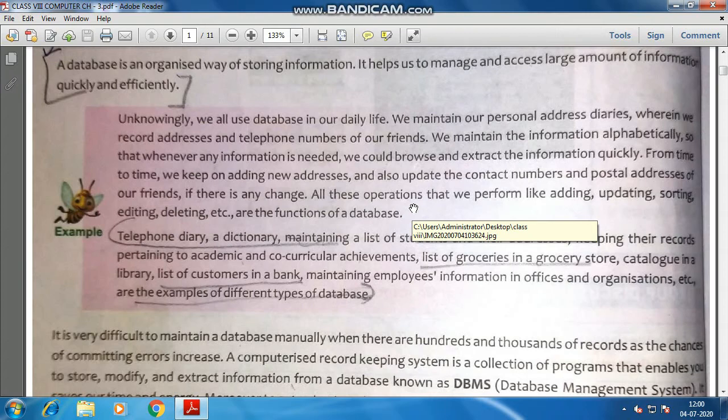Okay, telephone diary. Suppose you are creating a diary, and you are penning down the names of your relatives, your family members, or your friends.